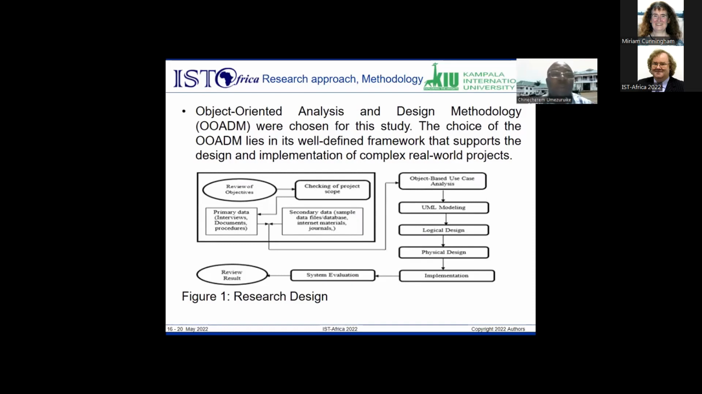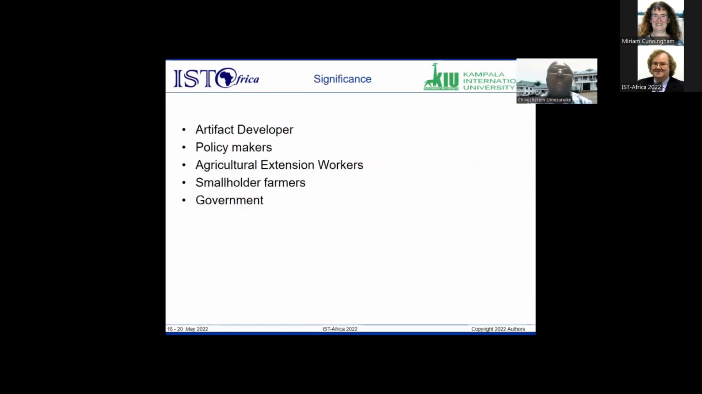We also got our information from primary sources by interviewing farmers within our locality, and also by observation. We also got some of our data from secondary sources: from journals, from the internet, and from some databases. These data we collected form input for an object-based use case and a sequence diagram. At this level, the designed